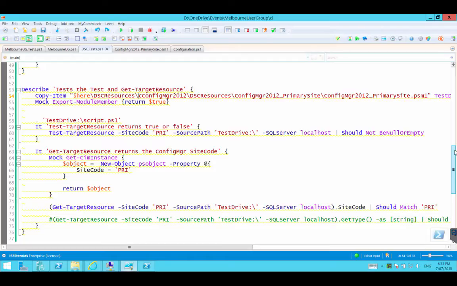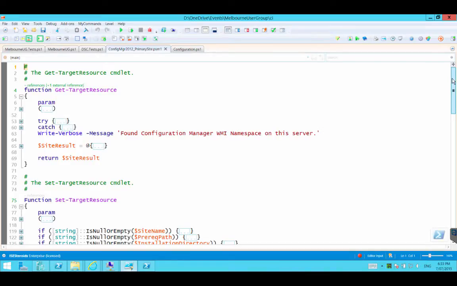Then it will be true. So I have to mock that call. So Pester enables you to mock a call. So whenever Pester is going to run that test, instead of calling Get-CimInstance, and I can show you that in that Get-TargetResource,